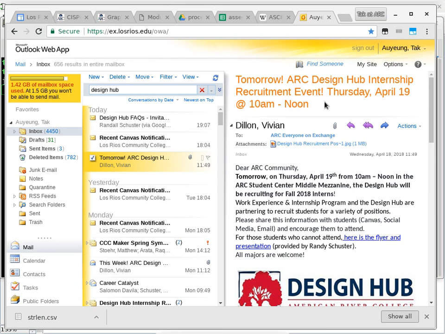So be there if you're interested. They have a limited number of paid internships, and they cannot determine who's going to be paid and who's not going to be paid until the beginning of fall 2018. So don't count on it being paid, but you will still get job experience, and it's cool. It's on campus. You don't have to go off campus. So that's the first one, and then the second one is